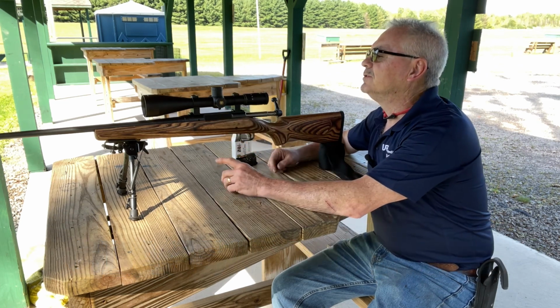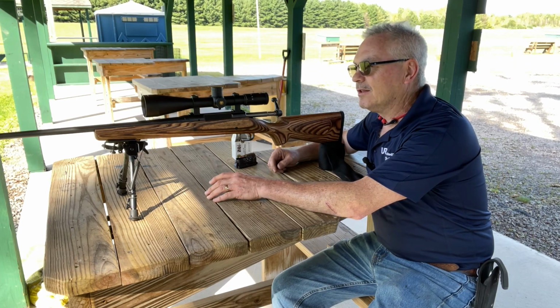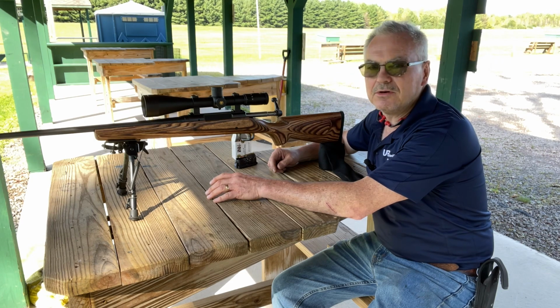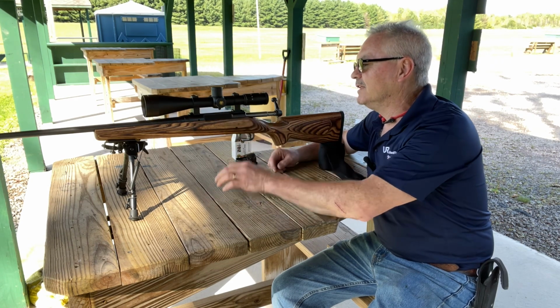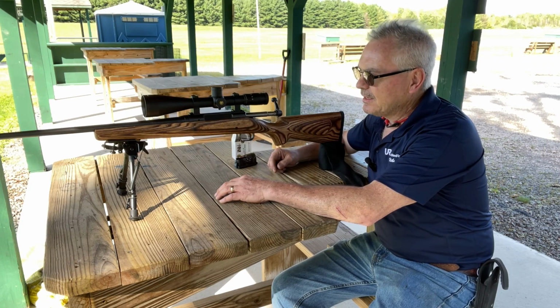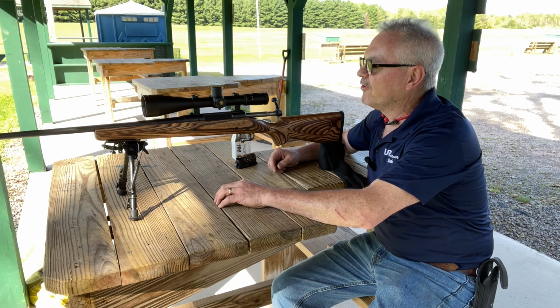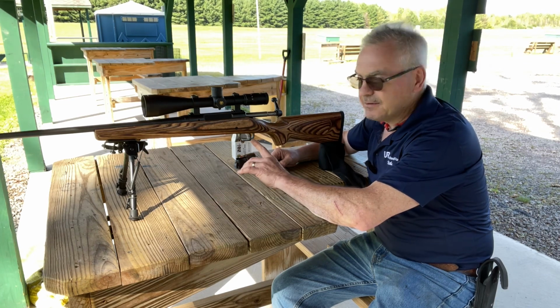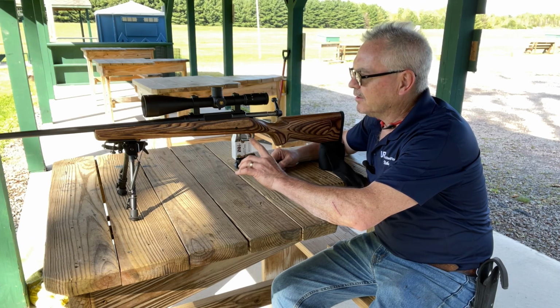I have a Cabela's 4-16 by 52 scope. Very clear. Easily see my bullet impacts at even 200 yards with these scopes. I have several of these on several different rifles. I have a nice Caldwell bipod up front, and finally I did a, what do you call it, the